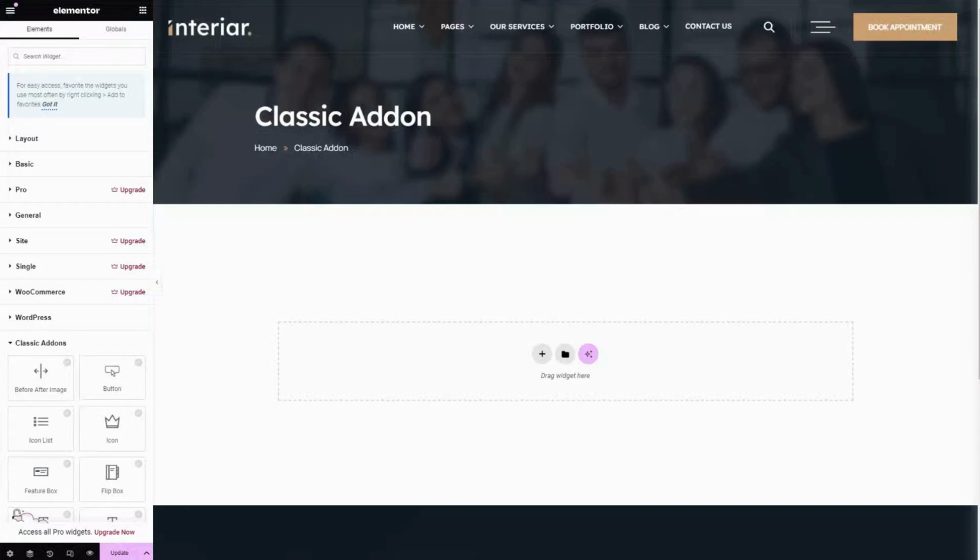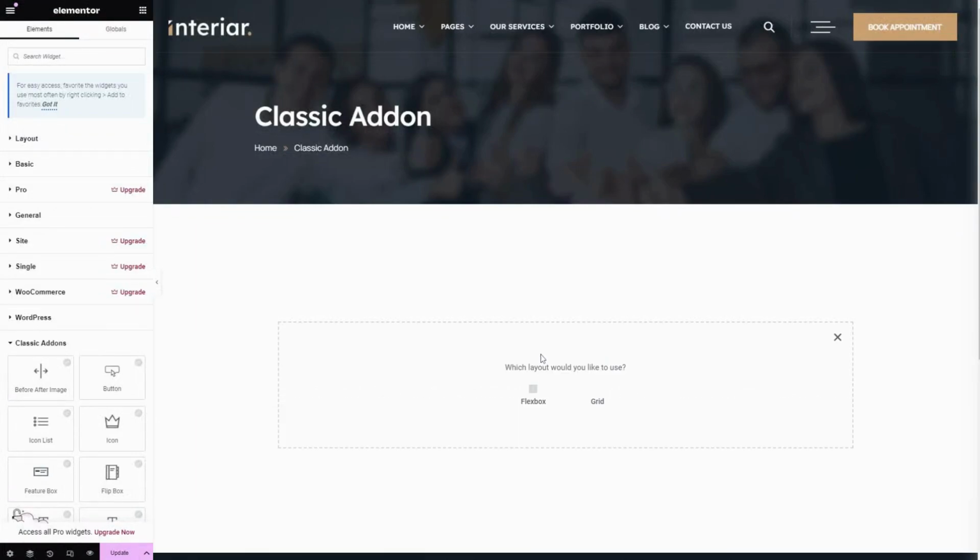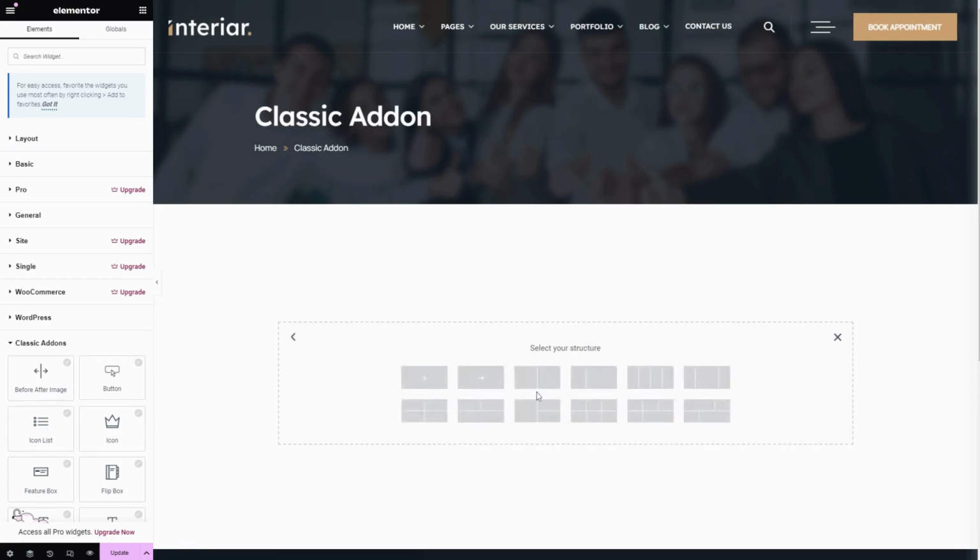Now let's look at how to use a day counter widget of a classic add-on plugin. First open the Elementor editor and click on this plus icon to add a new section, or you can add it in your existing section. And here you can choose your preferred layout,